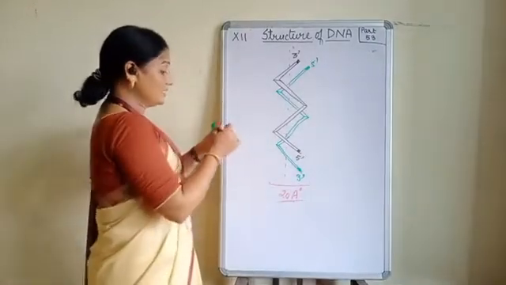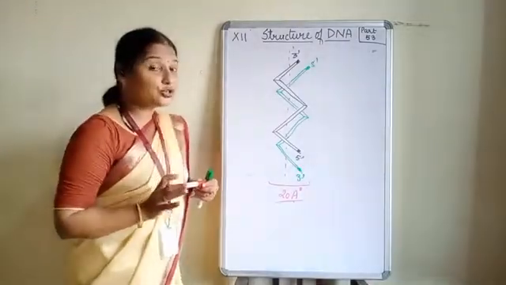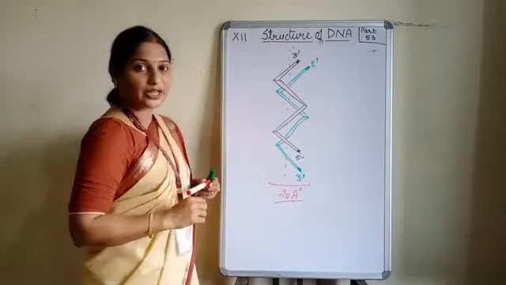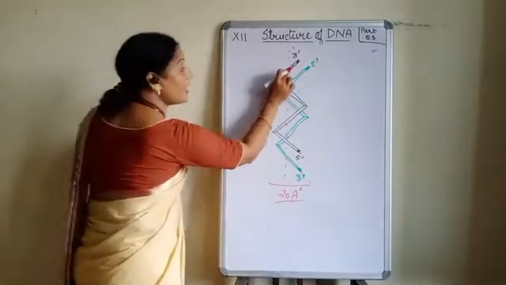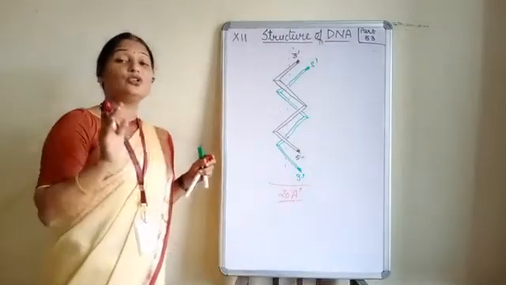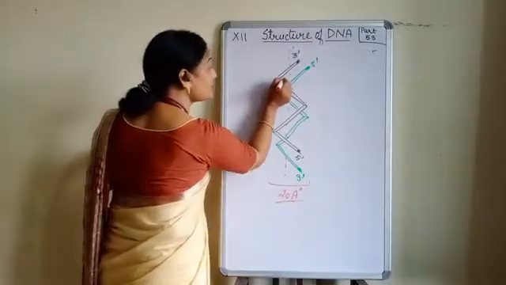And now children, some more points are clear to you. The DNA has a fold. Now this fold is called a groove. As the groove is not very deep, we can write down this is the shallow groove.